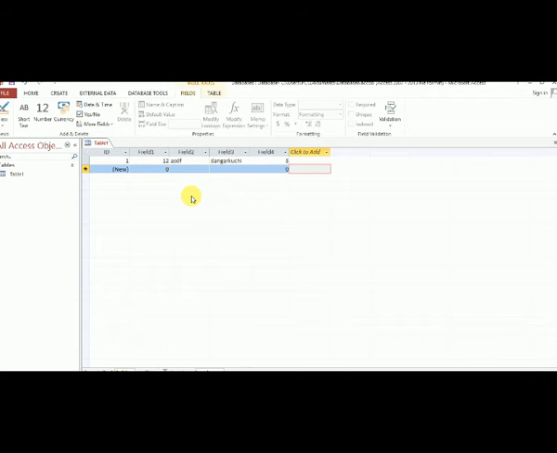Import and export. Suppose I want to use my table, which is in this application, MS Access, in another application, that means Excel. Suppose I want to transfer this table into the MS Excel application.